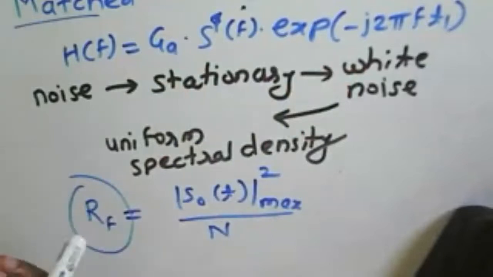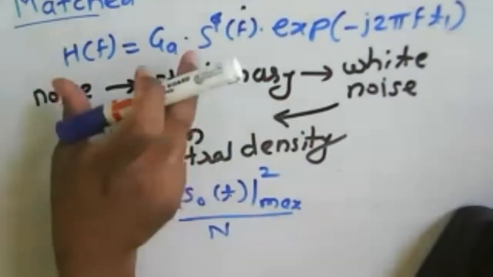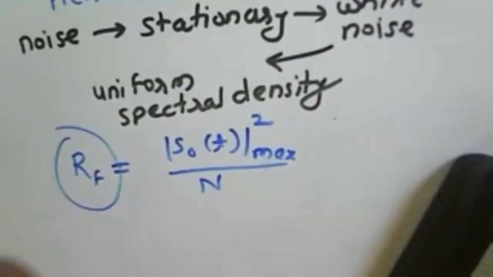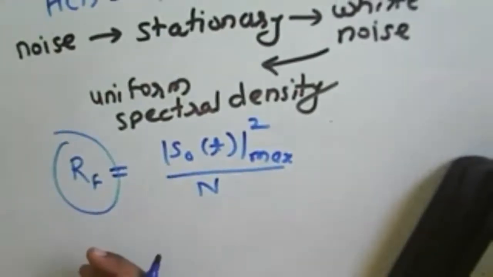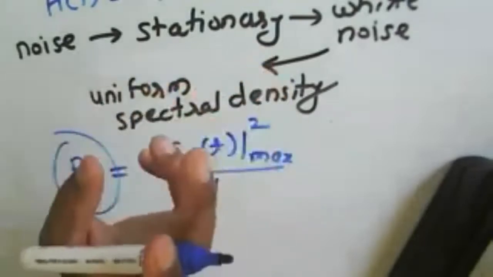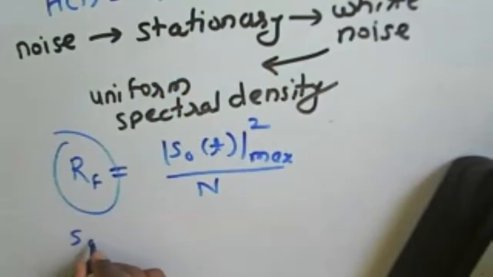So now we have defined that R of f, that particular ratio, and that ratio is to be defined with respect to this h of f, the filter function. So how do we define this ratio in terms of a filter function? We need to consider an input signal value, and then find the output voltage of a filter response function h of f. So in that case, s0 of t,